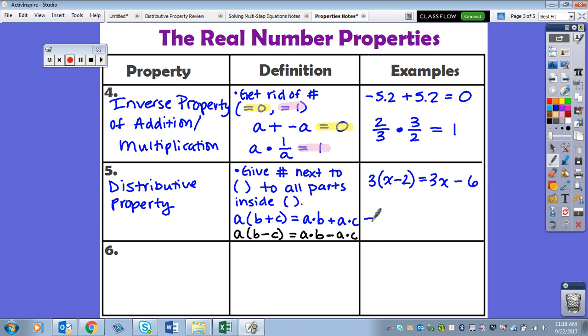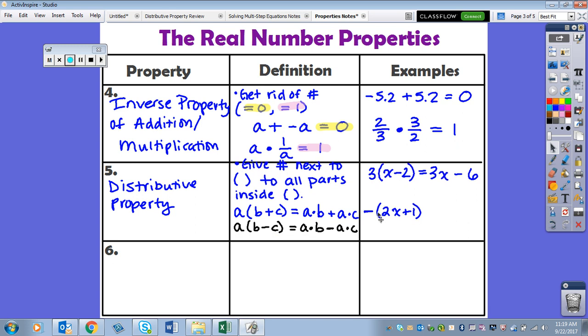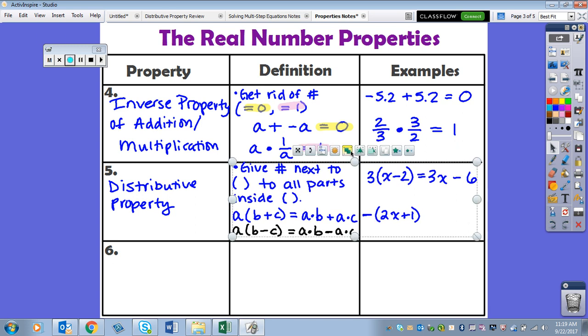We could also see something like just a negative sign next to parentheses and 2x plus 1. That negative means that I could distribute that negative as a -1 to all of the numbers inside the parentheses. So I could take this part and I look at this -1 right here. I put a 1 where the negative sign is next to the parentheses so that I can see that it actually means -1. We know this because anything times 1 is itself,